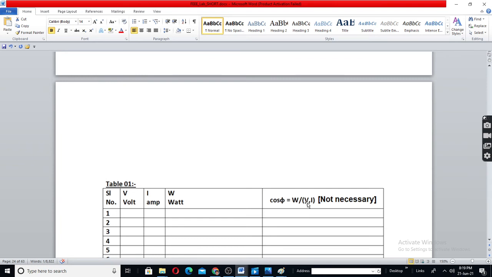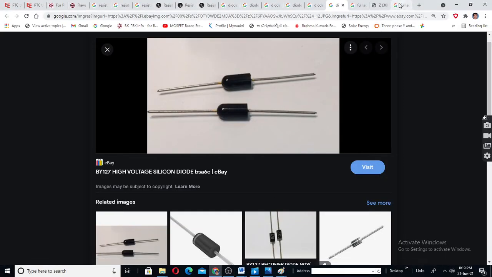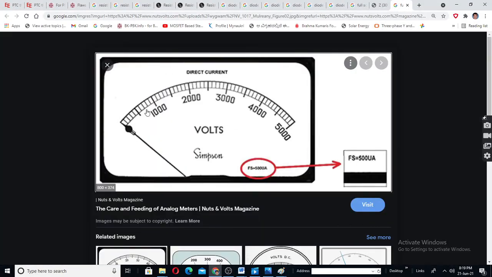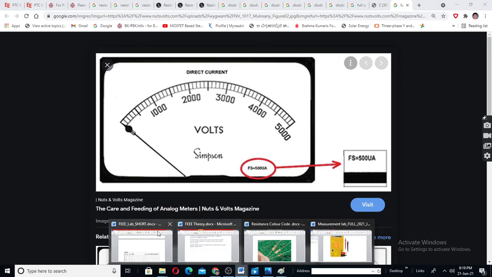Suppose you get 200 in the display, that is here. Okay, say 200 displays here. This will be in watts. Okay, this is the wattmeter you are seeing. You have to multiply it by 2 to get the actual value.